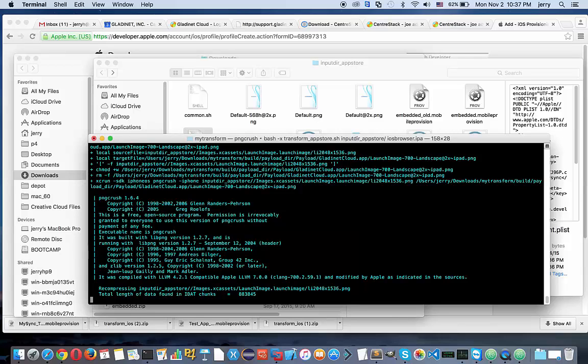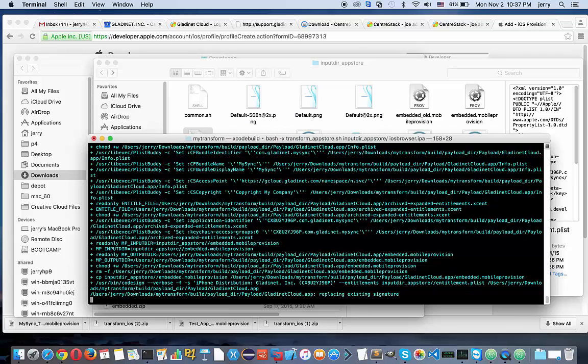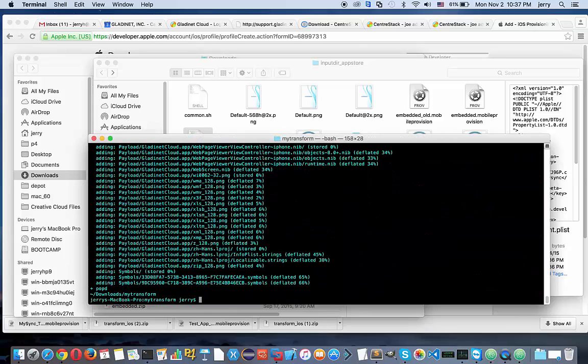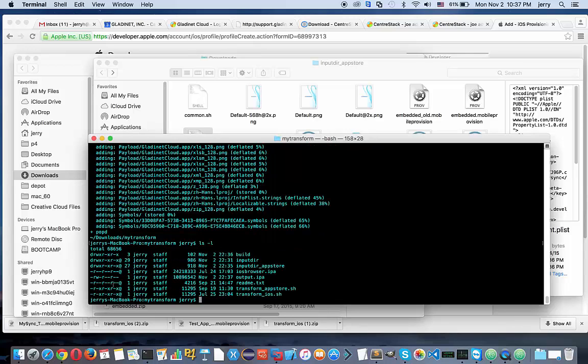transform. You can do the transform directly from the Mac terminal. It's a bash shell, so you don't need to launch any other shell, just the bash shell, that's it. Just launch it and then it's going to run. What it's doing is unpacking the official iOS client, and then replacing the artworks in the bundle, and then at the end of it, it's going to use your own certificate